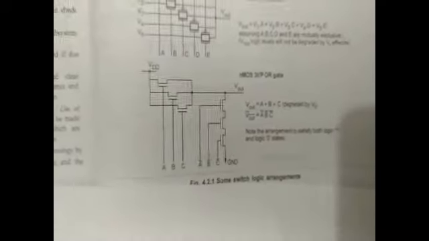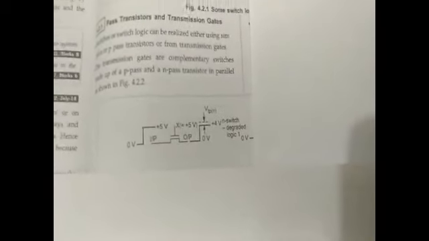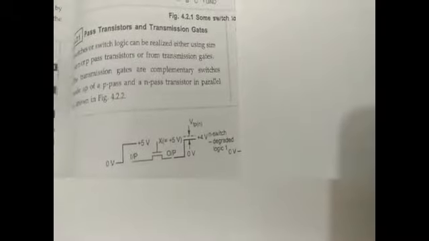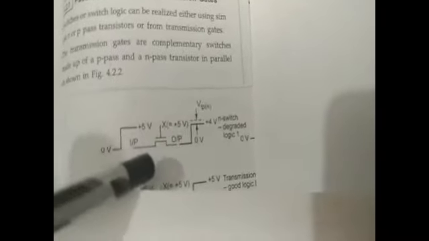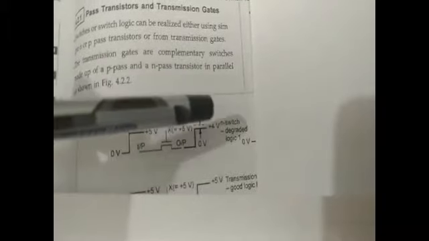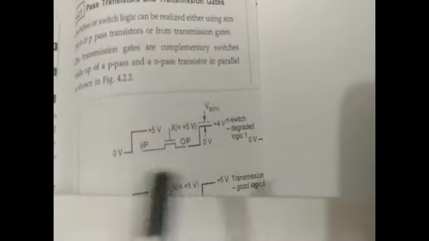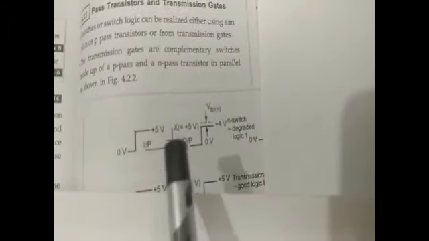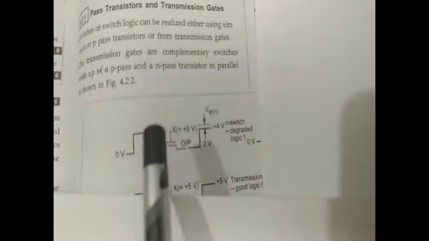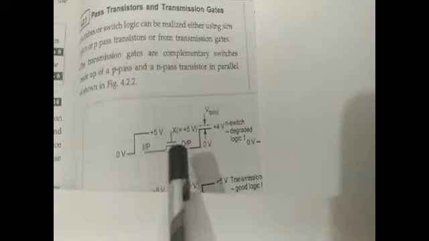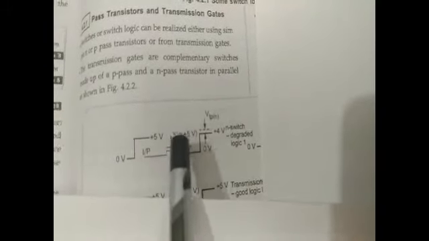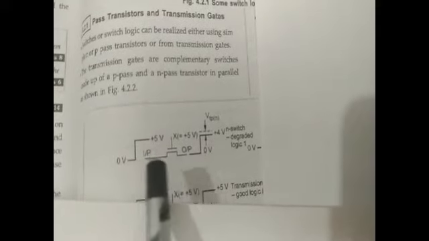Next example. This one has inputs of 0 volts and 5 volts, and we are considering the NFET. We are discussing how the threshold voltage drop occurs. See here, since it is an NFET, when the input is 1, that is plus 5 volts, the logical value is high, and only then is my NFET on. So just consider X is equal to plus 5 volts, at that time your NFET is on.